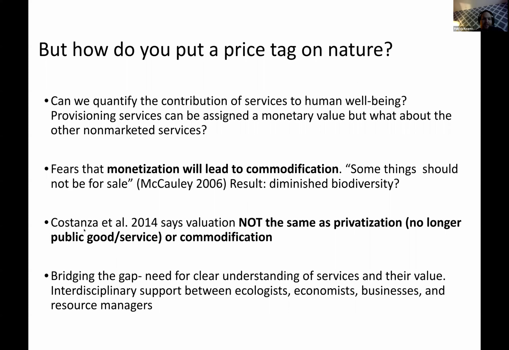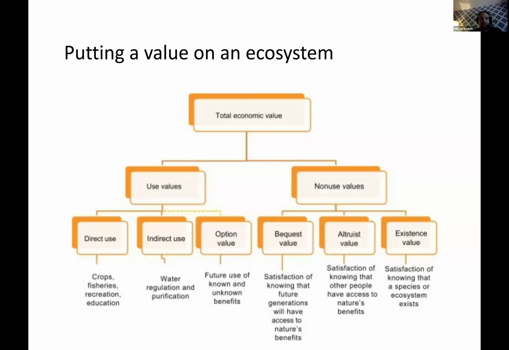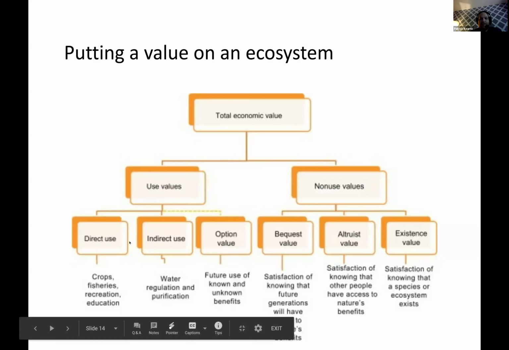So bottom line here is when we think about scientists, there's two sides to the coin. Some say it's a good idea, some say it's a bad idea. But at the end of the day, nature has some sort of extrinsic value to it. And given the rapid pace at which we are degrading nature, potentially the best way to make nature be appreciated, to make nature be restored, to make nature preserved, is to put a value on it. And this is just a handy little flow chart for putting a value on ecosystem services if you want to take a peek at it.